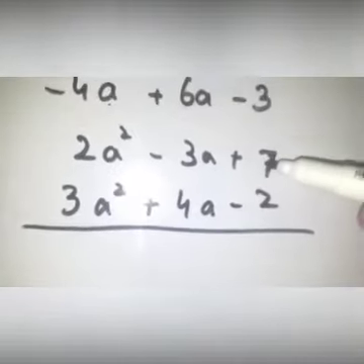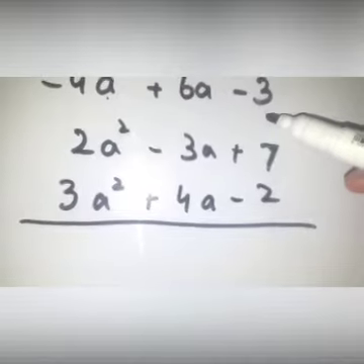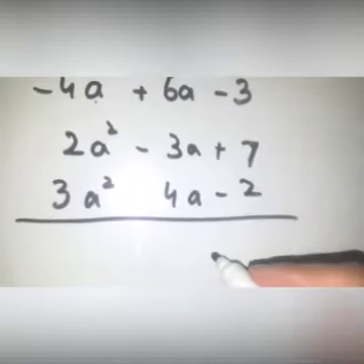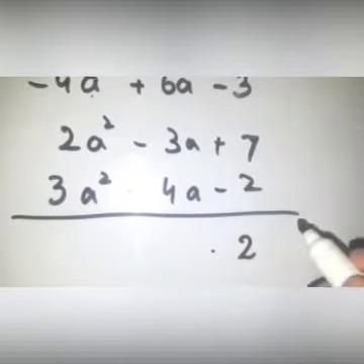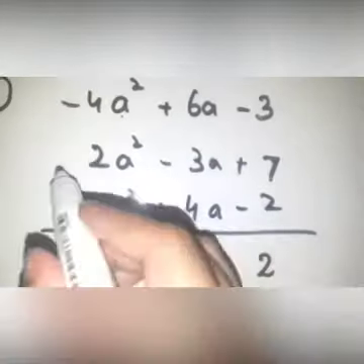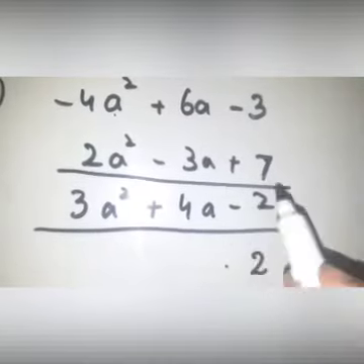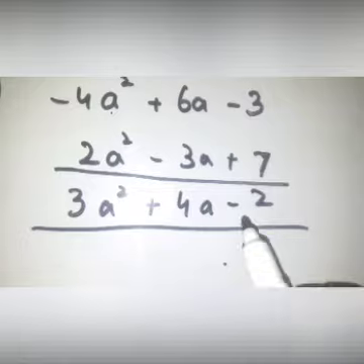Plus minus minus, so 7 minus 3 is equal to 4, minus 2 is equal to 2. Or simply you can solve these two first, and then with the answer you can add or subtract this value.